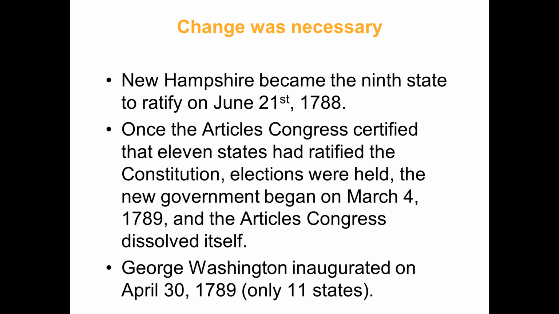Interestingly, though, by the time that George Washington takes office as the first president, a little bit later on in April, only 11 states had ratified the new Constitution at this point. So the 2 states that did not are Rhode Island and North Carolina. As the new United States government originally forms, it's only composed of 11 states. Of course, North Carolina and Rhode Island eventually get on board, which is just an interesting bit of history, and it illustrates that